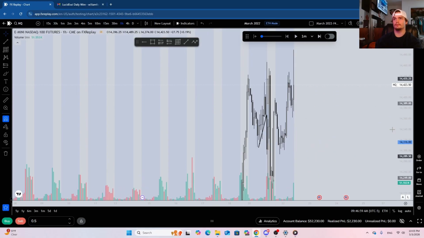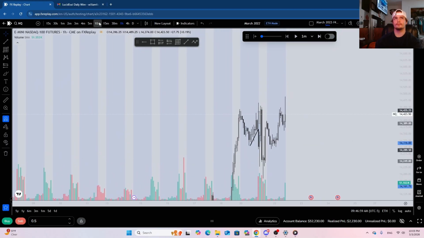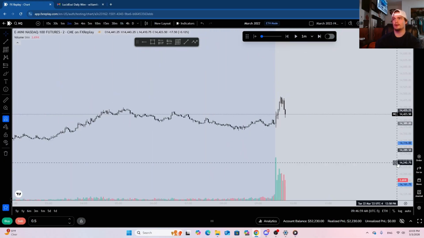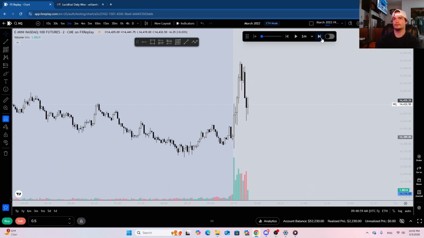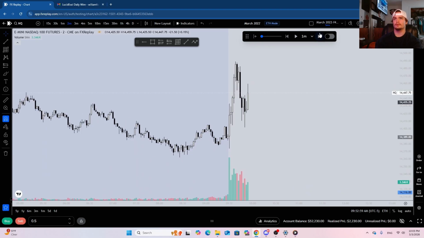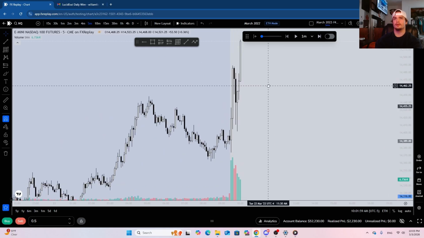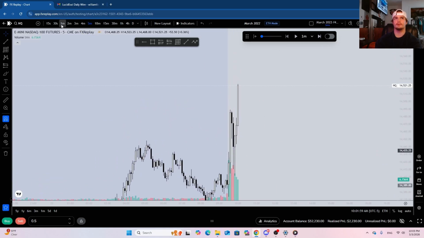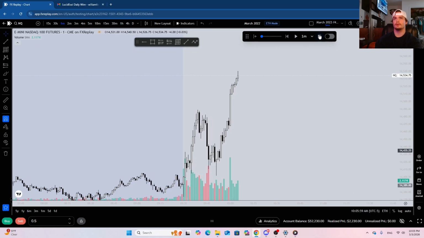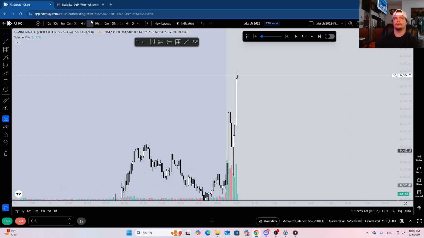What are we doing on the hourly? Is it 10 a.m. yet? I kind of want to see how this 10 a.m. candle forms. So we resweep this high. We did end up respecting this 5-minute, which kind of sucks because it didn't really give me a good entry. Alright, so now we'll have another 5-minute opening up here.